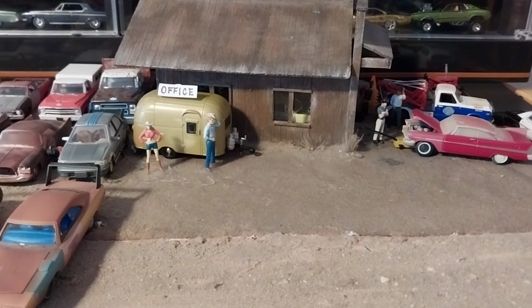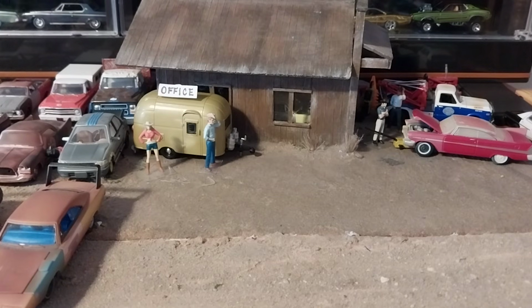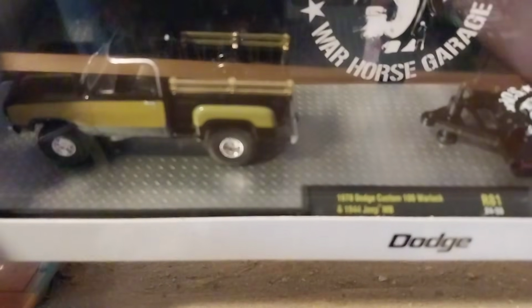And since the weather has let up a little bit, we're starting to get some new items in, but still have a lot of things that have not showed up yet. And today, one of the things we got, actually yesterday in the mail, we're unboxing today. And it is the latest installment of the Auto Haulers that has the lifted